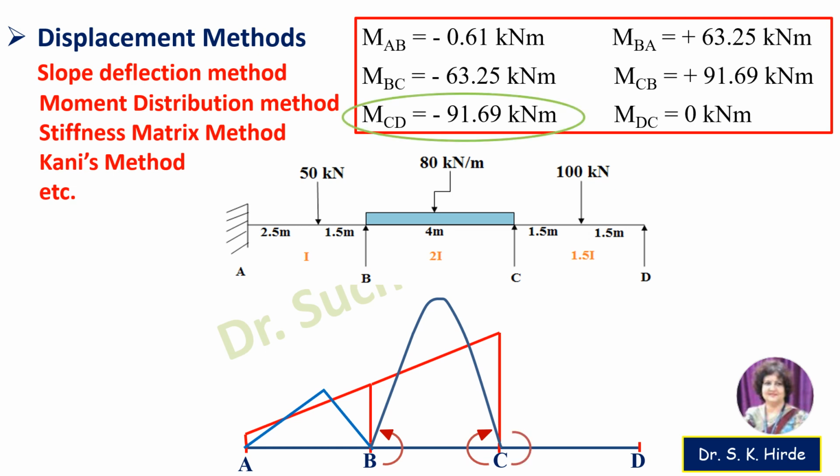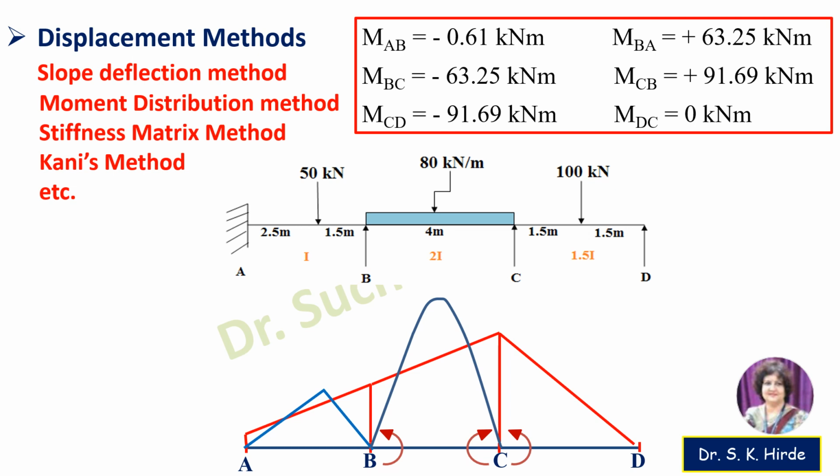Similarly, you can draw the bending moment diagram for portion CD. So for portion CD, bending moment is minus 91.69. So it will be the same point, and at D, as you know that bending moment is 0. So you have to join this like this, over which you have to overlap bending moment due to 100 kN